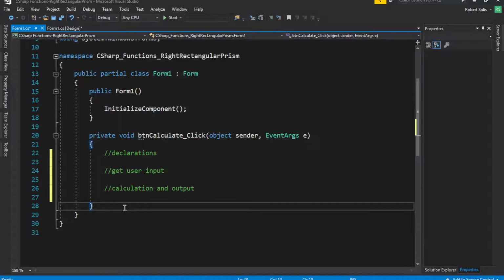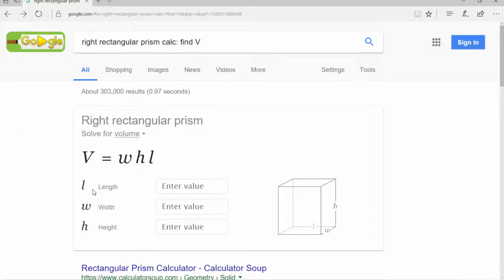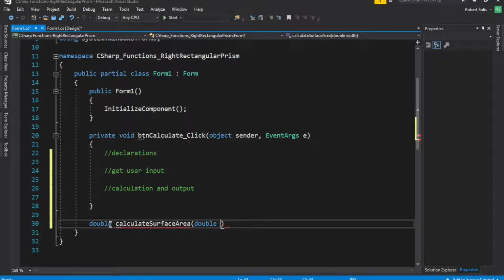That's all right. Let me hit enter a couple of times after this curly bracket because I want to create a function. And specifically, I'm going to create a function that returns a double. It's going to be called calculate surface area. And in order for you to calculate the surface area, you're going to need some variables. Specifically, you're going to need to know the width. Let's see, how is it ordered? Length, width, height. Okay, so we'll say length,